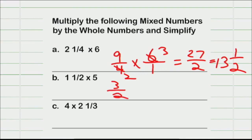Very good. And 3 over 2 multiplied by 5. Yes, 5 over 1, right? Yes, sir. 5 over 1. So since nothing can be cancelled, I would say 5 multiplied by 3 to give you 15. Yes. And 15 over 2 would be equal to